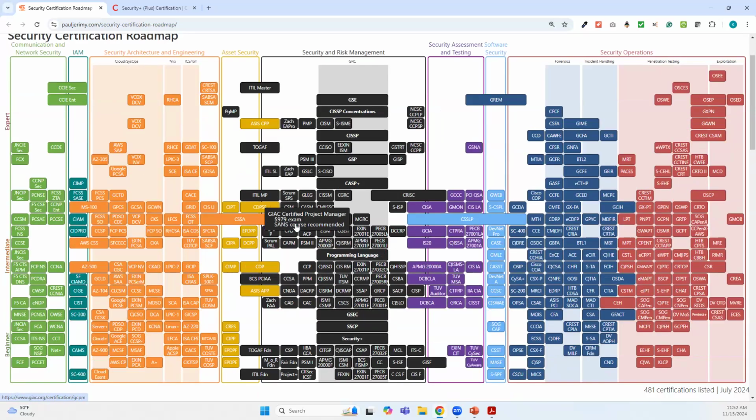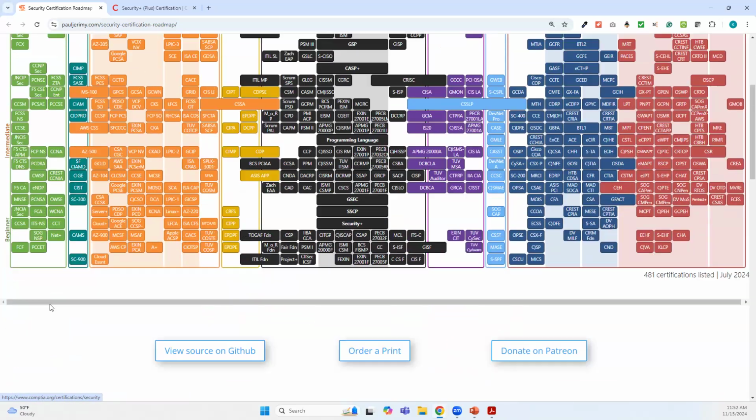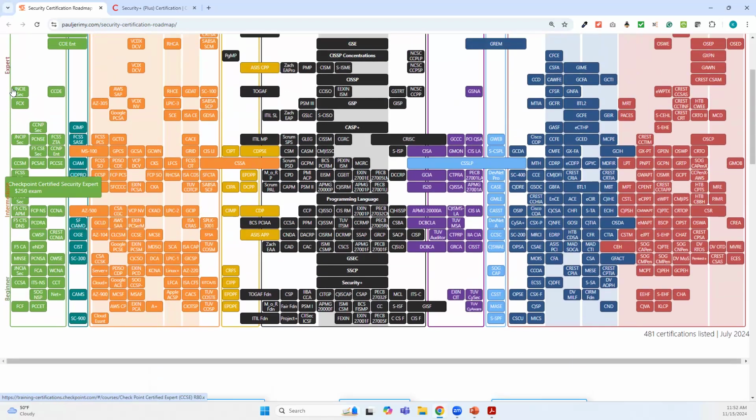If you look at this chart, from the bottom up, it's entry-level certifications to advanced certifications. Starting at the bottom are the lowest and most entry-level certifications, and as you work your way up are the most advanced. And as you work across, those are the different areas of specialization that different industries have decided they need credentials for, to cover themselves in managing their risk, and also because it's become so specialized in trying to protect different aspects of our environments.